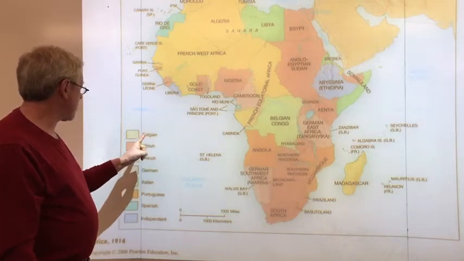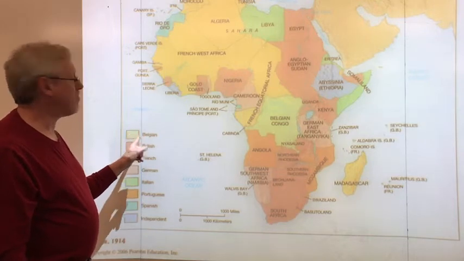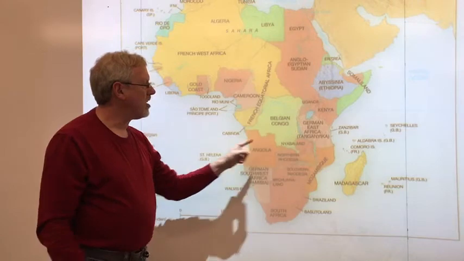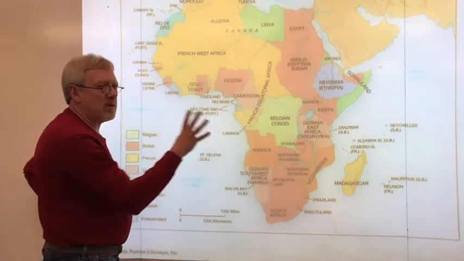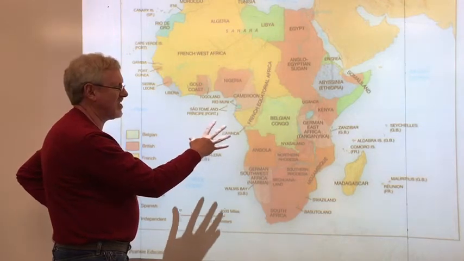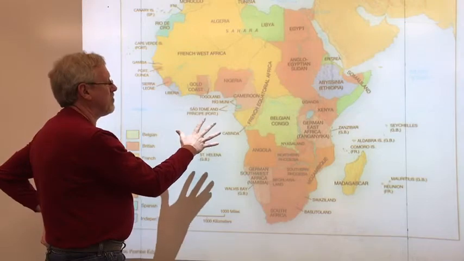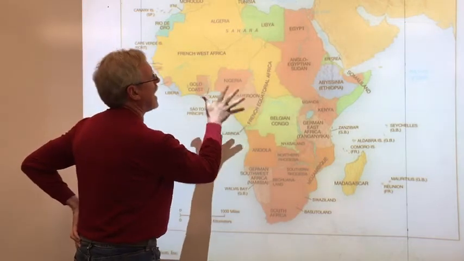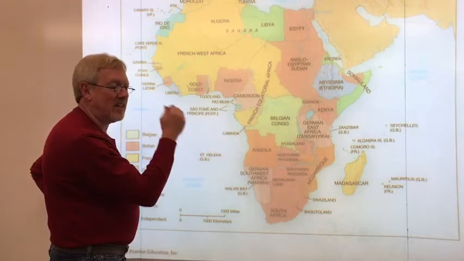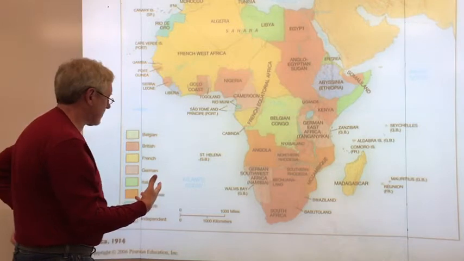Now, the strangest of all the countries that have a colonial possession is little tiny Belgium. And they will take over the Belgian Congo. Now, you have to remember, because of the distortion of putting the globe on a flat surface, you can't quite see how huge the Congo is. It's gigantic. I think it's upwards of half the size of the continental United States.